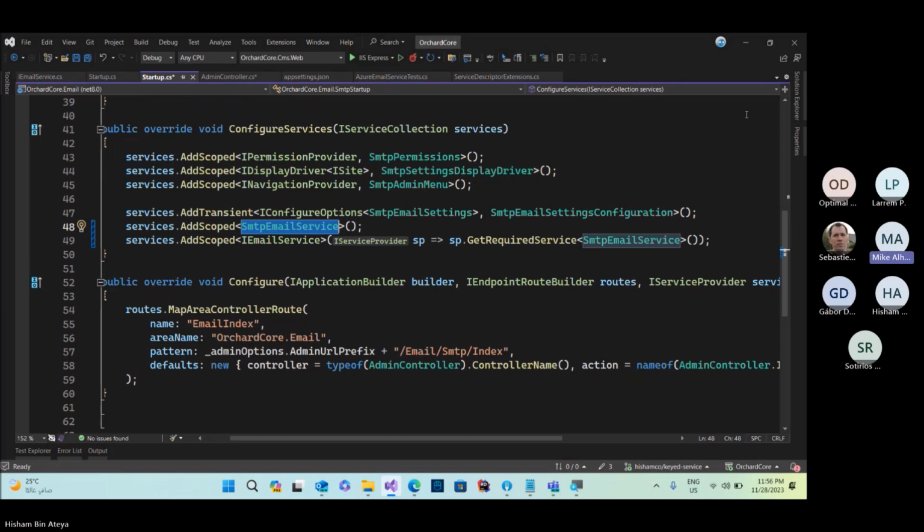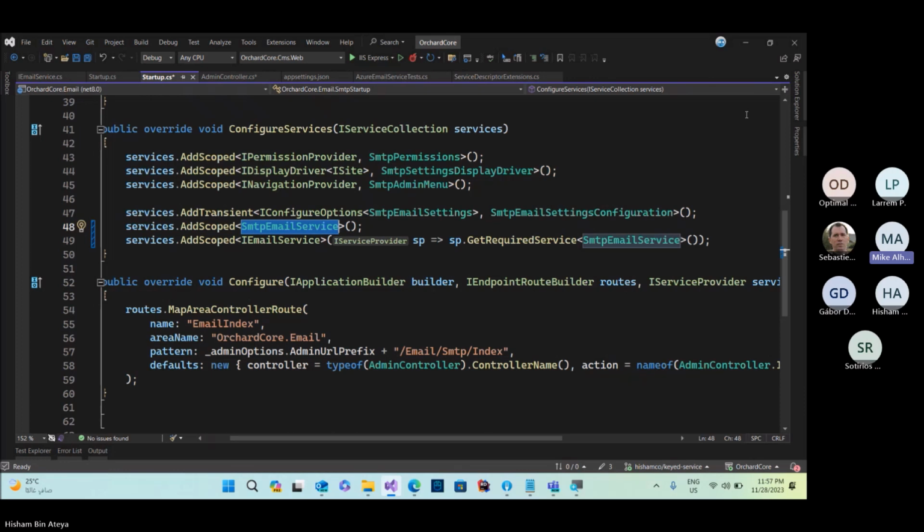Now in the UI, you'll have radio buttons, right? So if you say, I want SMTP service, then you click SMTP service, and you'll see on the same screen the SMTP configuration. If you change that to Azure, then you'll be able to see the Azure implementation. And then you're also building the UI for anyone else that wants to provide a service.